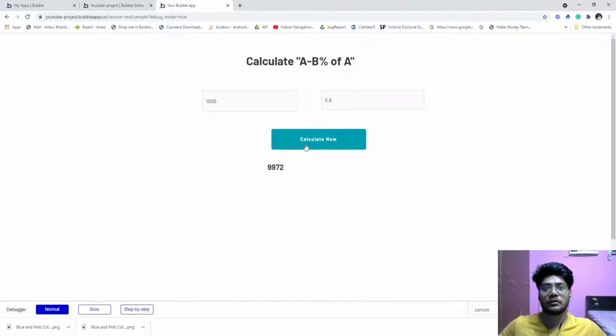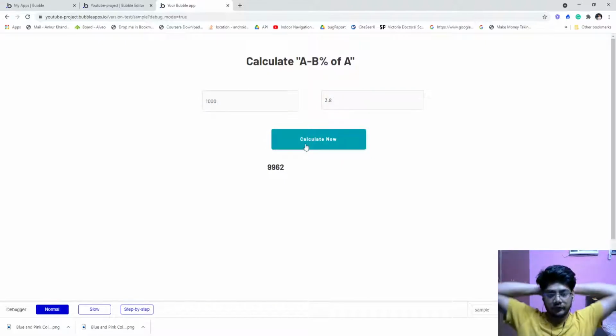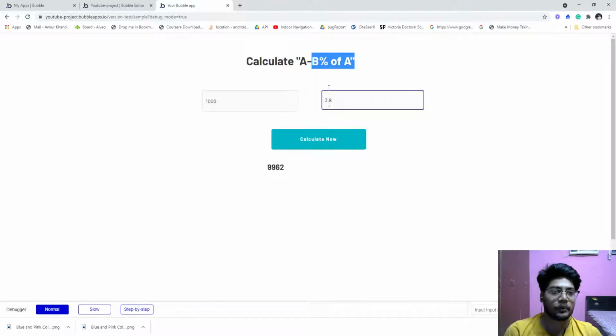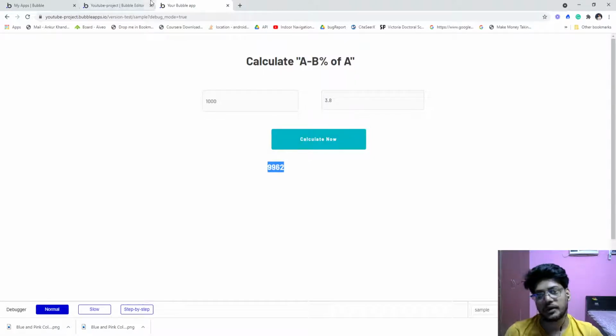Calculate now. 962. Yeah. So we have 1000 as A, and B percentage of A. So what is 3.8 percentage of 1000? It is 38, and we have to subtract the 38 from the 1000. So it's 962. Hopefully you will understand it.